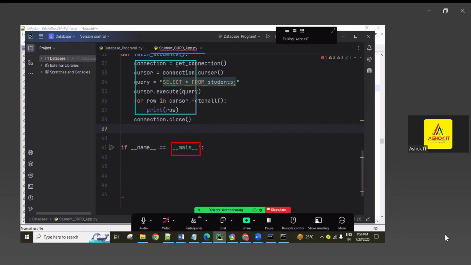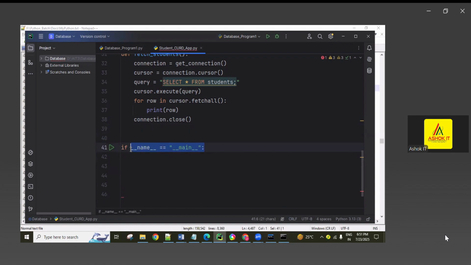The current file is considered the main file, because this is a predefined attribute that automatically gets the value double underscore main. If both are equal, it returns true. If this is getting confusing,